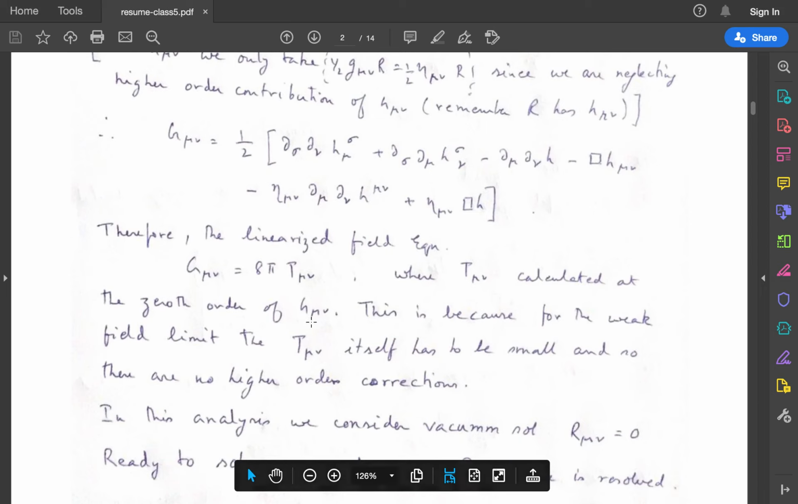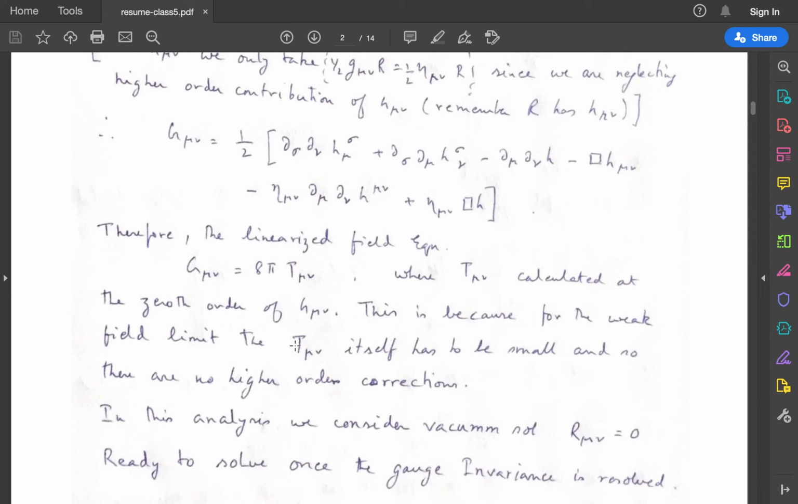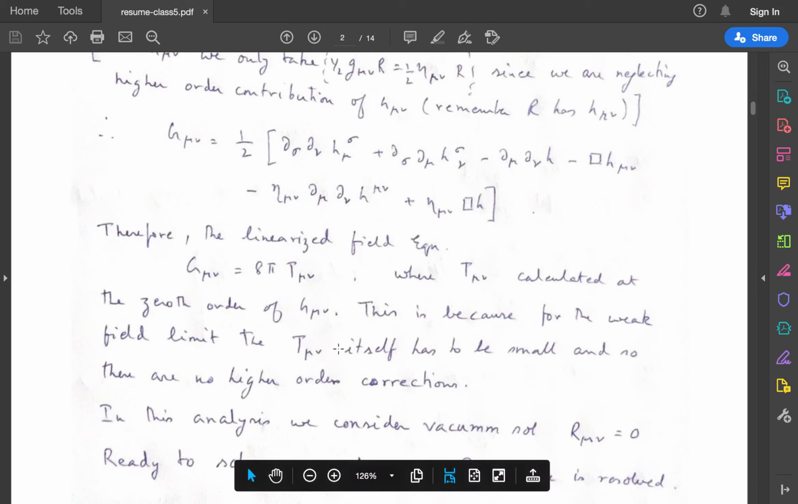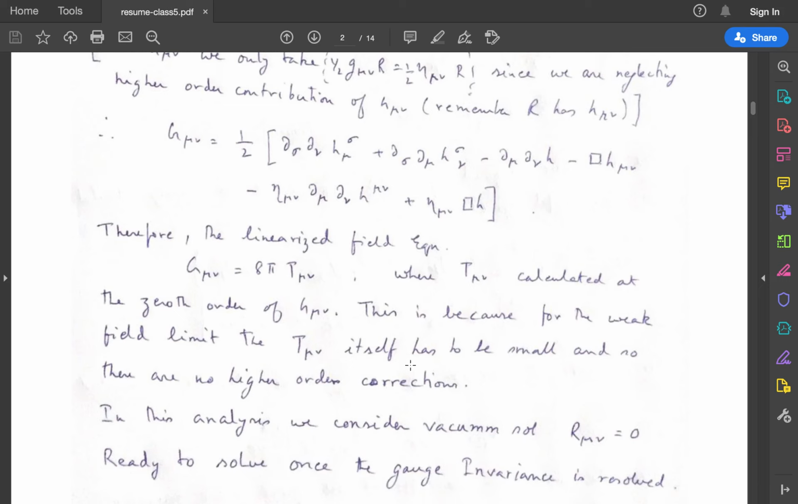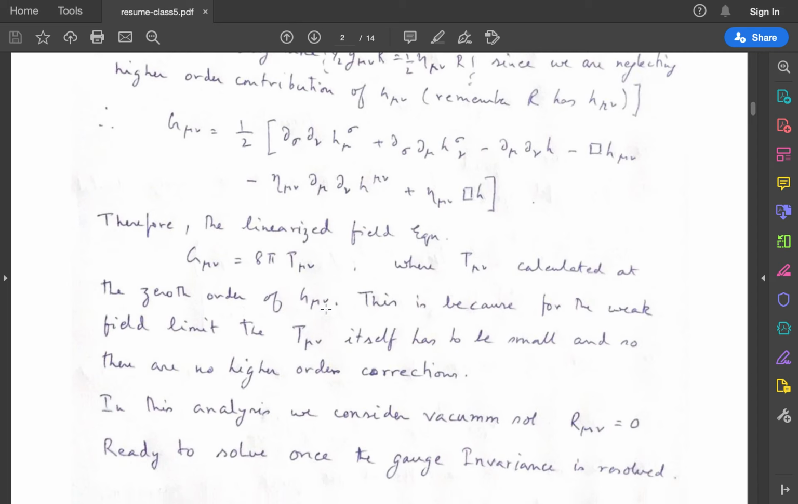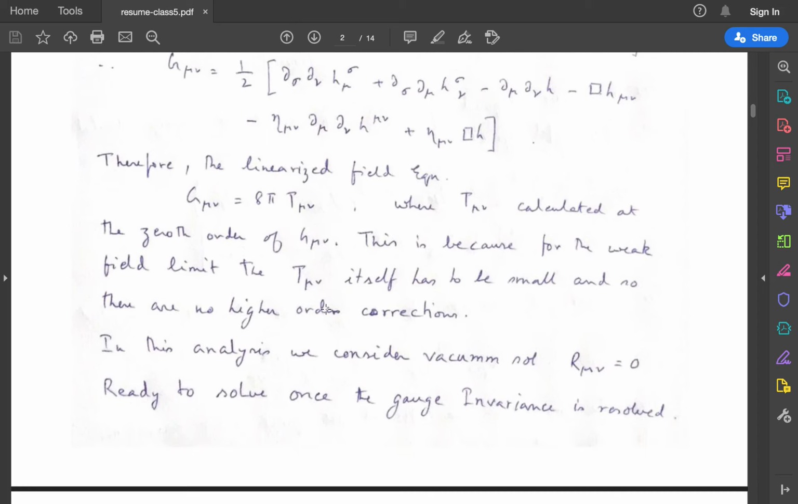Why? This is because for the weak field limit, T mu nu itself has to be small, so that there are no higher order corrections even from h mu nu. So T mu nu is of zeroth order in h mu nu, because h mu nu doesn't contribute to T mu nu, since we are dealing with the linearized version. If T mu nu had this h mu nu term, then it could produce higher order terms even in the geometric part. So we will not do that. Okay, so we are assuming that T mu nu, because it has to be small, is of zeroth order in h mu nu. There is no perturbation, at least, in the energy momentum tensor. The energy momentum tensor is only due to the plane, let us say,